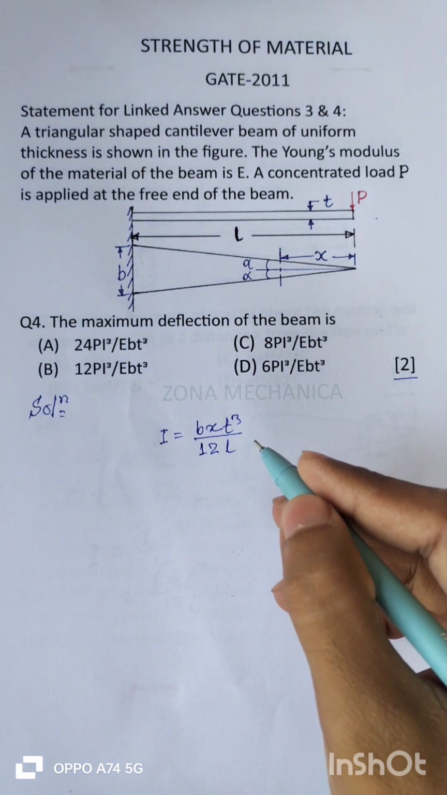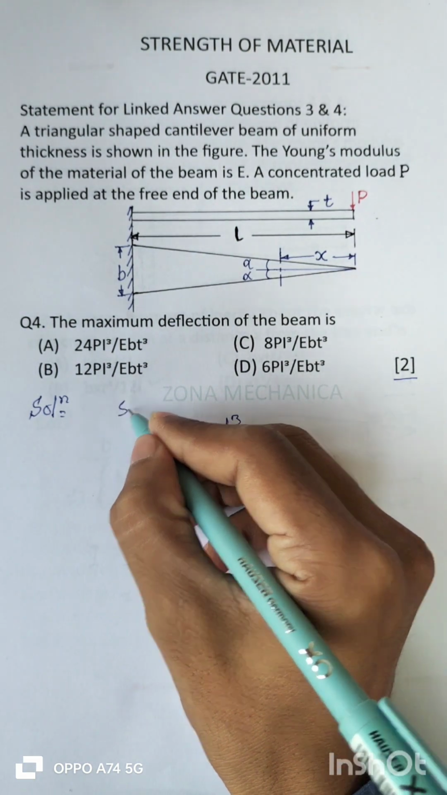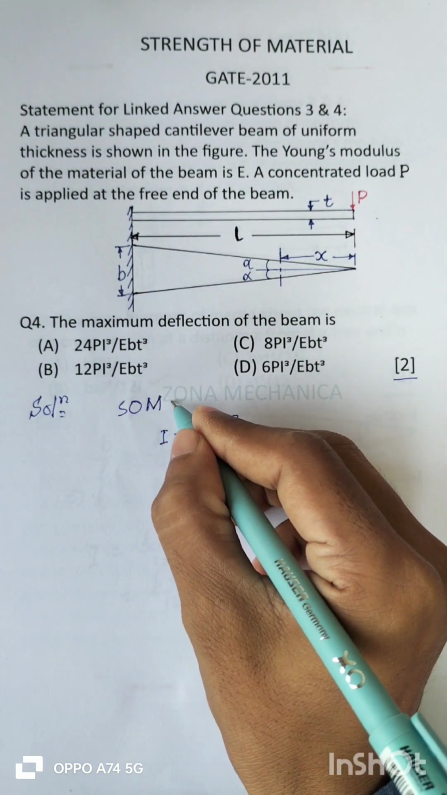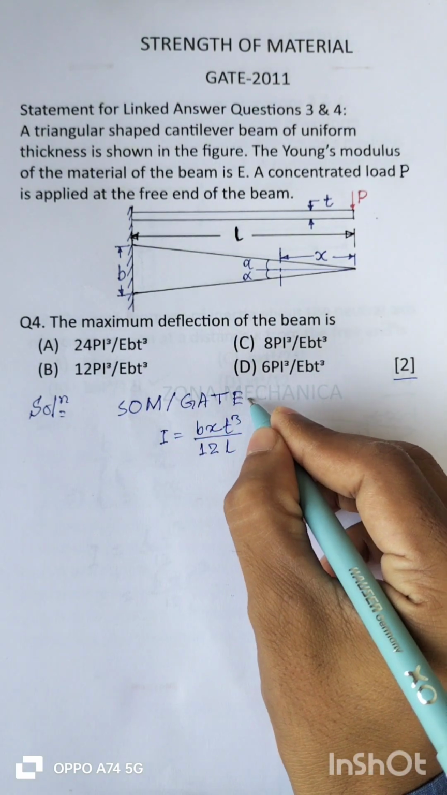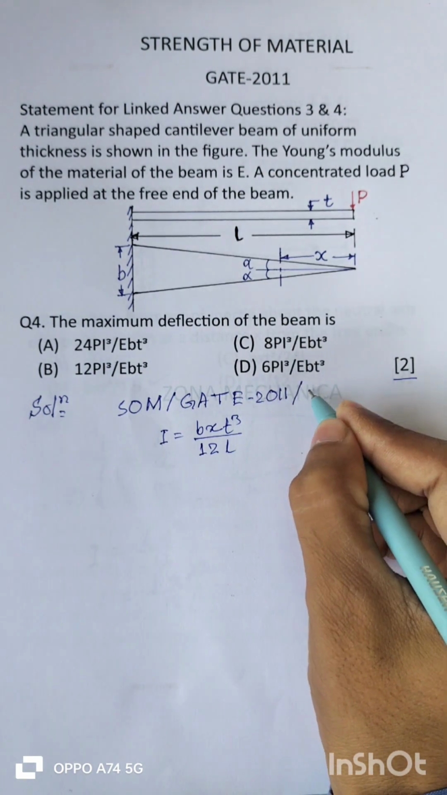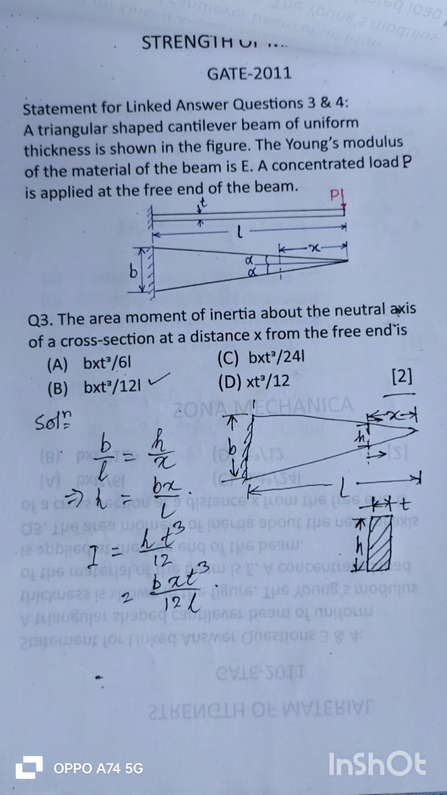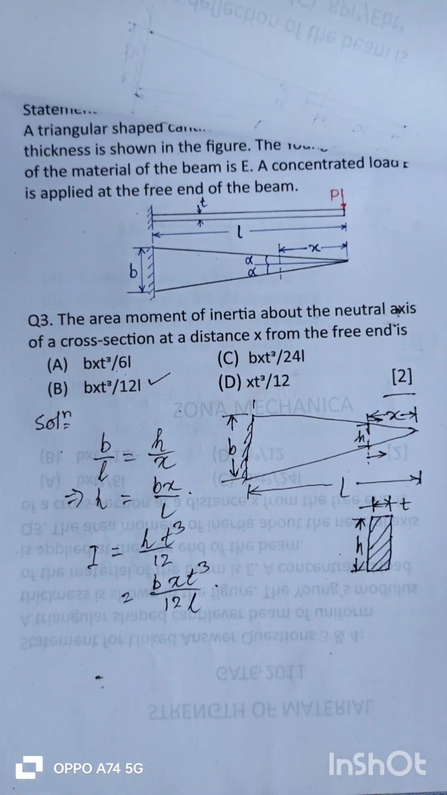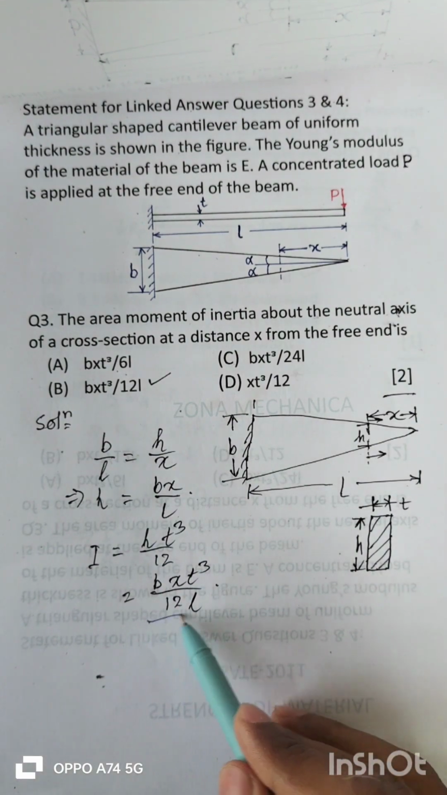For the solution of the previous question, you may refer to my video SOM GATE-2011 Q3. Here you can get the solution of question number 3. Let me show you once. This was question number 3, and we got the value of area moment of inertia as b x t cube